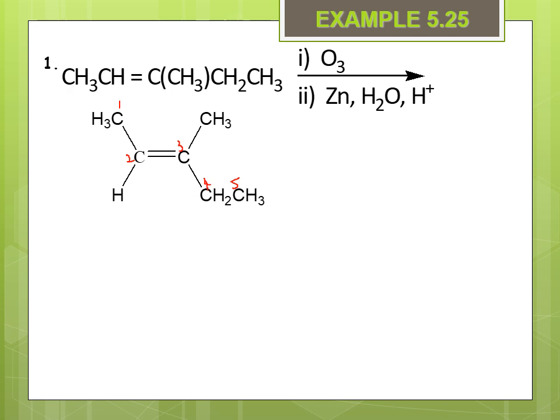It's at carbon number 2, so pent-2-ene, and it has one substituent at carbon number 3, so 3-methyl. The thing is, we are going to divide the double bond into half, so this is going to become